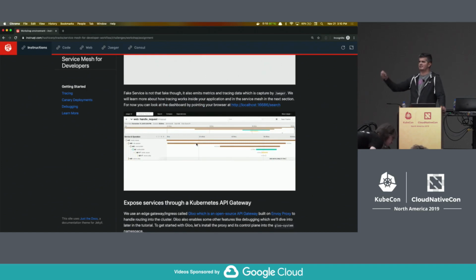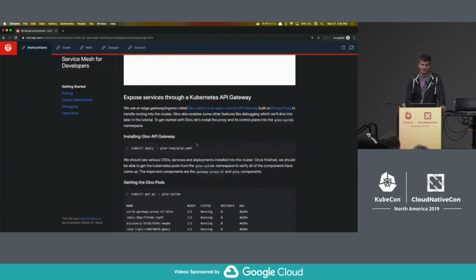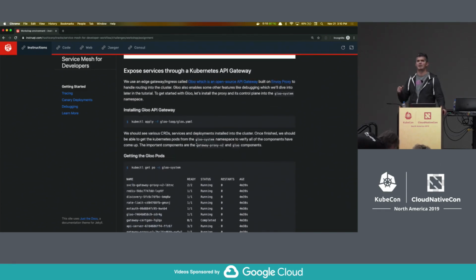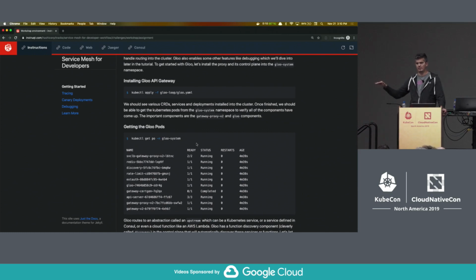Once you have the services deployed and you have Jaeger exposed, so you can see the distributed tracing, you can send some traffic through if you have access to that web service through the web tab. The next thing we want to do is set up the Gloo API gateway. Gloo is a gateway built on Envoy Proxy, and that will tie in with any service mesh, including Consul service mesh, to allow traffic into the cluster through an ingress point. So if you follow this,